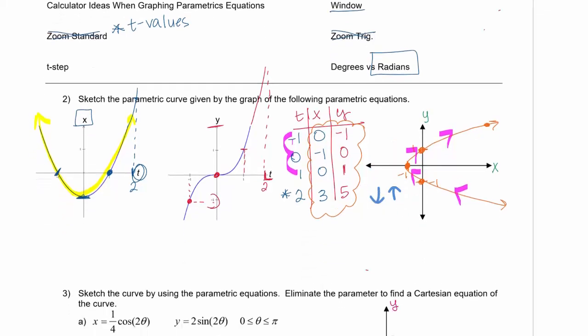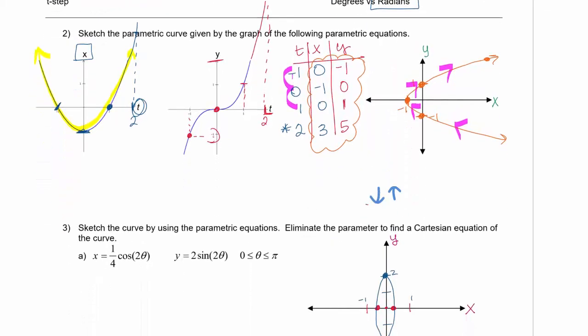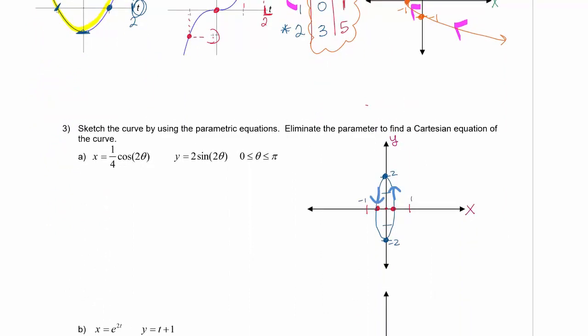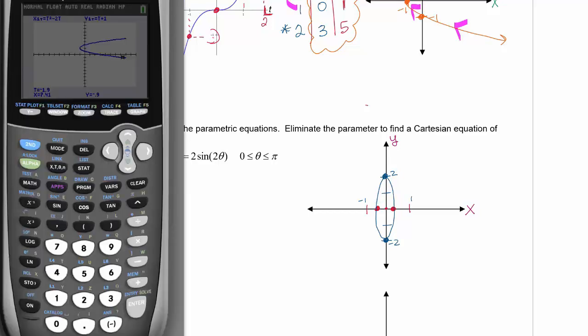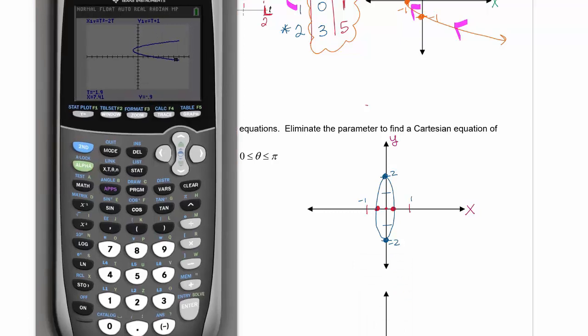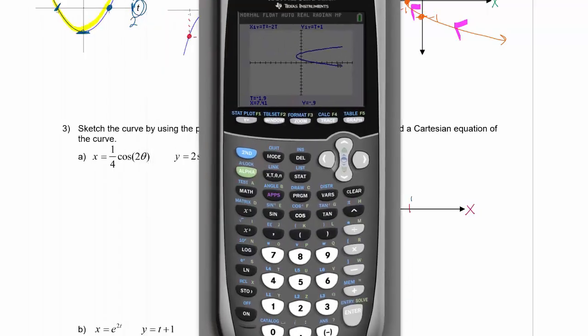Okay, so let's talk about eliminating the parameter, and let's really dive into a little bit of this algebra for this section. So what we're going to be doing is eliminating the parameter and writing this in a Cartesian equation, so where it only has x's and y's. So the first thing that I think a lot of you should do is go to your graphing calculator and say, okay, if I have these equations, let me move it off to the side so I can see both here,